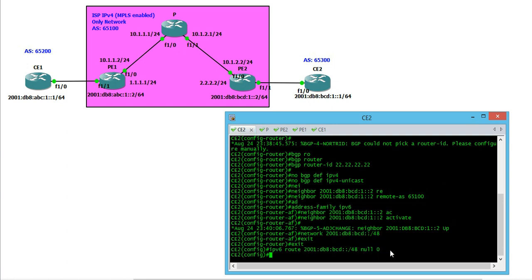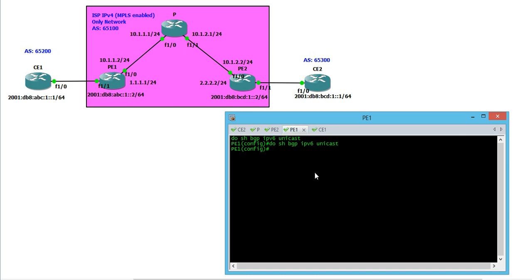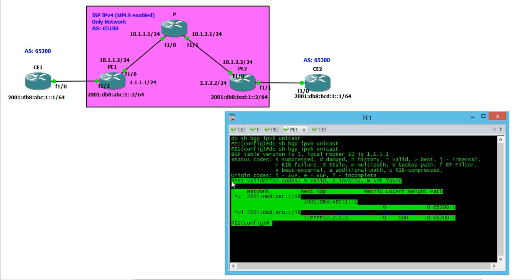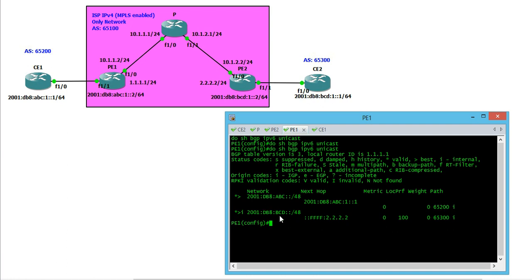Let me check whether this time we have our IPv6 route or not. The same command. This time you can see we have the IPv6 route, and this is the route learned by router P1. This is the next hop, and you can see this is IPv4 and IPv6 address combined, meaning an IPv4-compatible IPv6 address, here ::FFFF:2.2.2.2. This is advertised by router